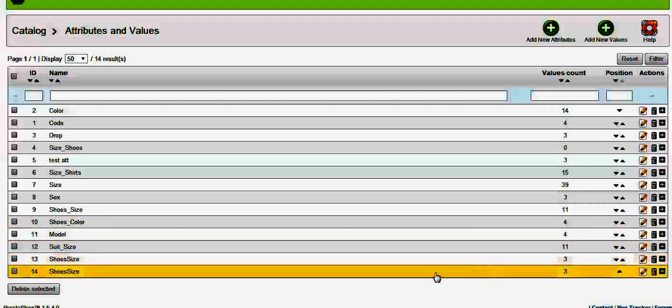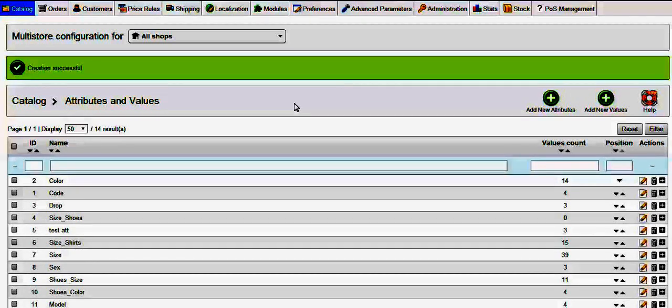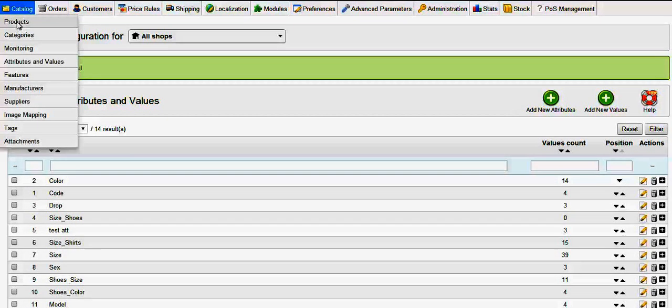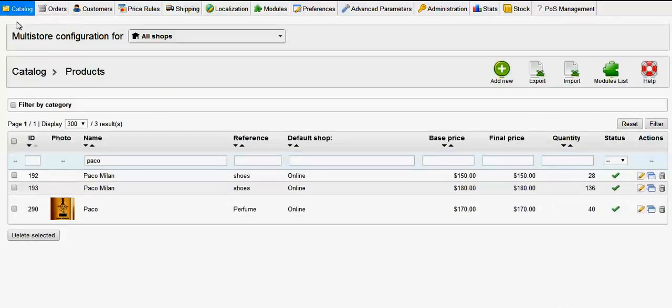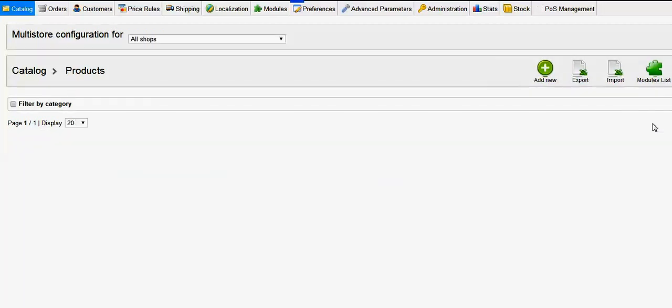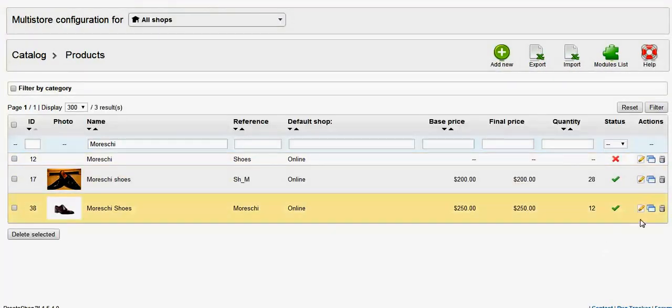Now we're going to test. And how are we going to test? We're going to open a product, and we're going to go to the combination and see if we can pick up these attributes and values for the combination of that product. I would rather go for a pair of shoes, so I'll go to Moreski, which is a pair of shoes. I'll filter that in my product list. I should get one at least. Here we are, one. So then I say okay, edit this one by clicking on this pen,